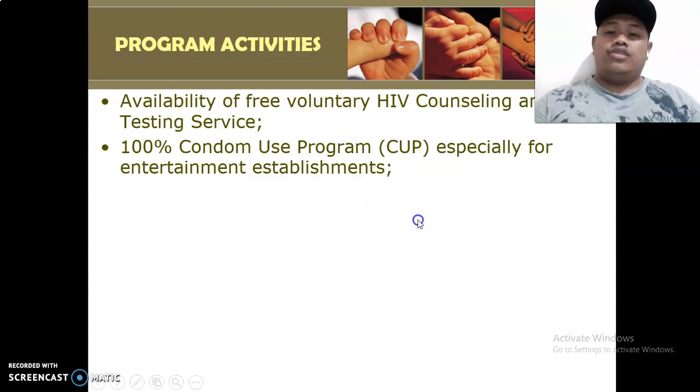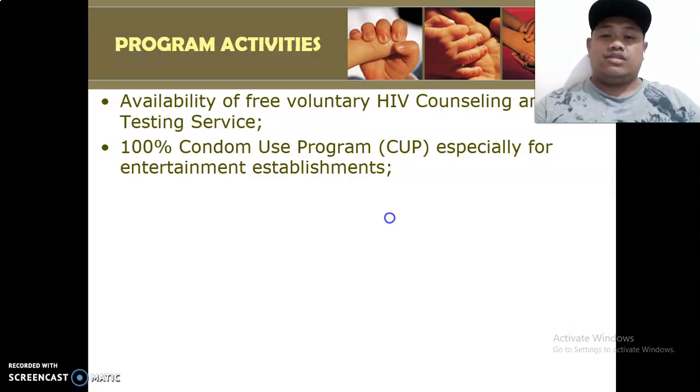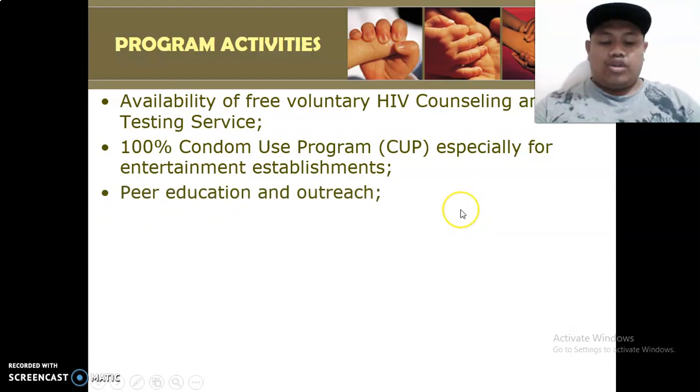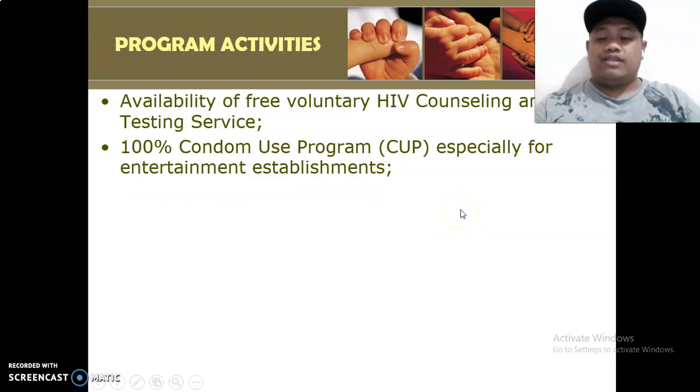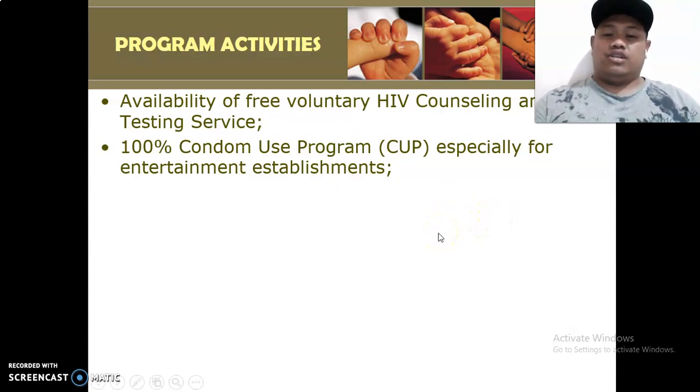The use of condom is the most effective way to prevent, in terms of the family planning method, but of course, in terms of the most effective, the most effective way is your abstinence, on top of your condom. So if we are going to talk about family planning method, of course, the best way is the condom use because abstinence is not a form of family planning method. But if we talk about the most effective way, it is still abstinence because if you will not have sex, you will not have the condition.